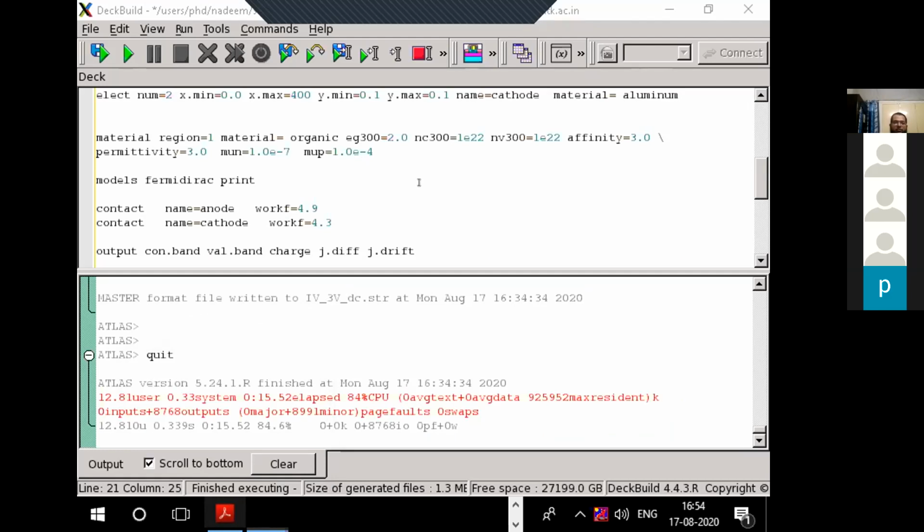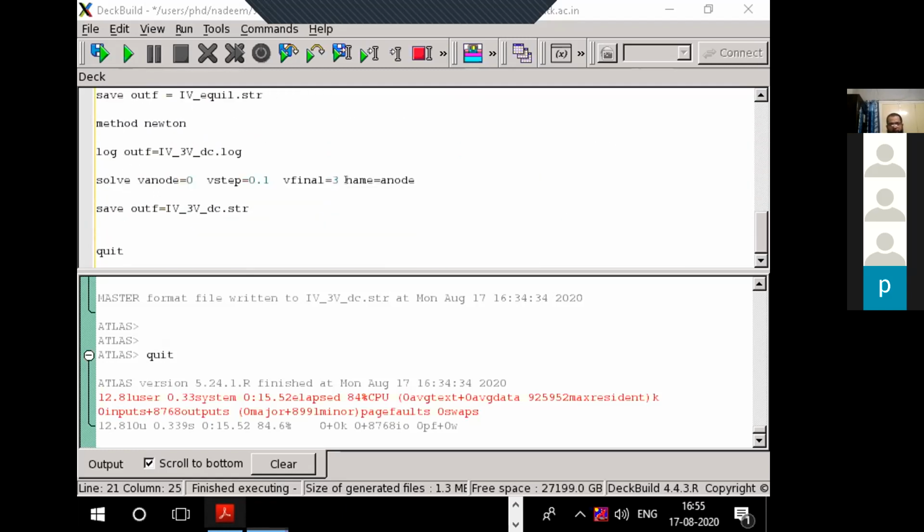Now, if a user wants to modify it, he has to download that C function, that C language file, and there you can modify it according to the need of the user. And then you can call that file in your simulation through a command, and then it will do the calculations based on the modified model or any data, for example, recombination files data. There are a lot of things that one can do.